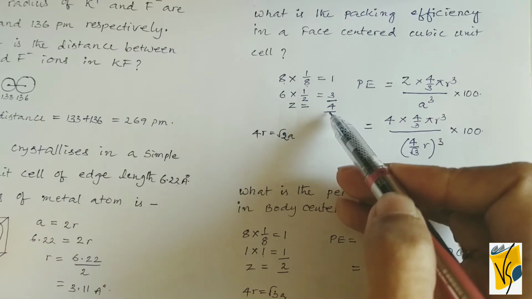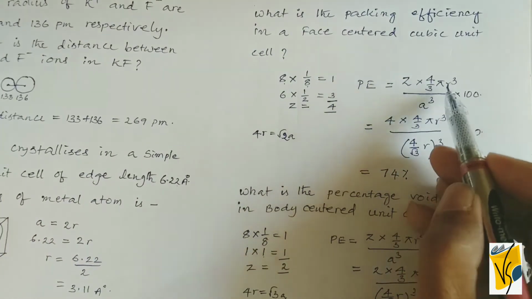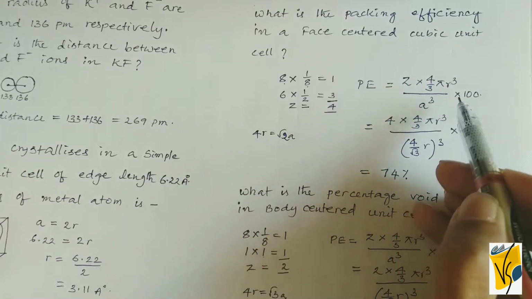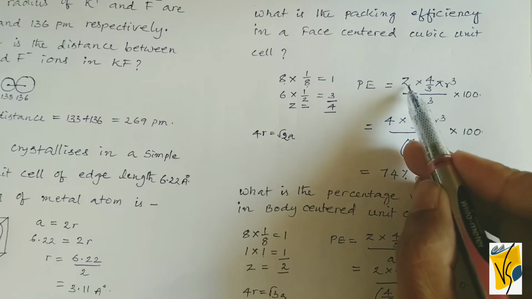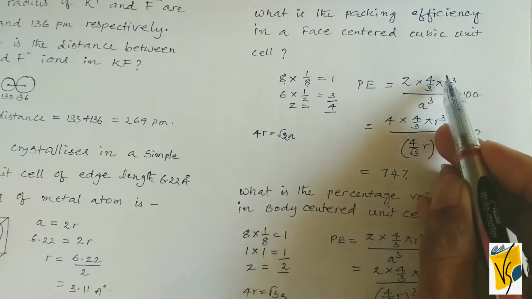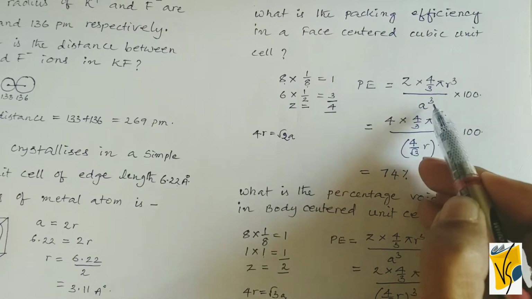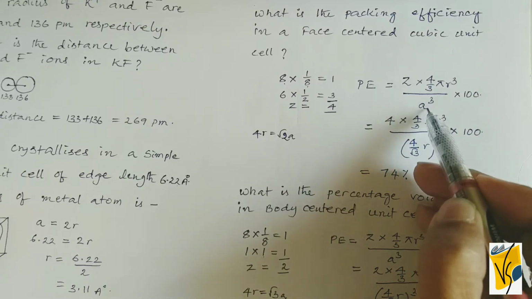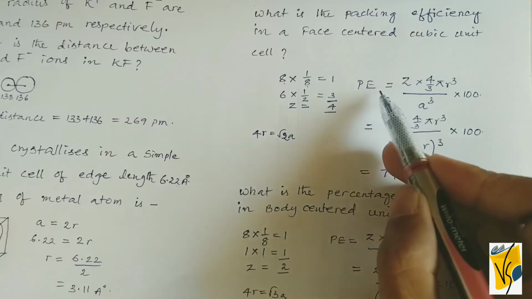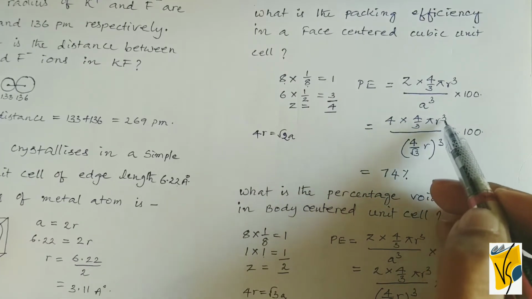Right, now how do we calculate packing efficiency? Packing efficiency is equal to volume of the spheres by volume of the unit cell into 100. Right, effective number of atoms is Z into volume of each sphere, that is 4 by 3 pi r cube. Okay, so this term will give the volume of all the atoms together present in the unit cell, and this is the volume of the unit cell, that is a power 3. Right, now packing efficiency is equal to Z is equal to 4 into 4 by 3 pi r cube divided